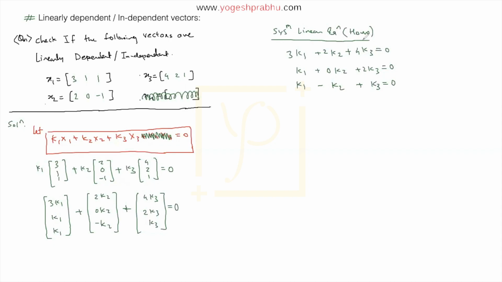When the equations are homogeneous, they're written as AX equal to 0, and that's the matrix form representation of these equations. So let me write down the matrix form. This is A, this is X, and 0 is equal to 0. The X values are the variable matrix, which is K1, K2, and K3. Now let us write down these coefficients. I'm just going to make one change: instead of writing 3, 2, 4 as the first row, I will write 3, 2, 4 as the last row.